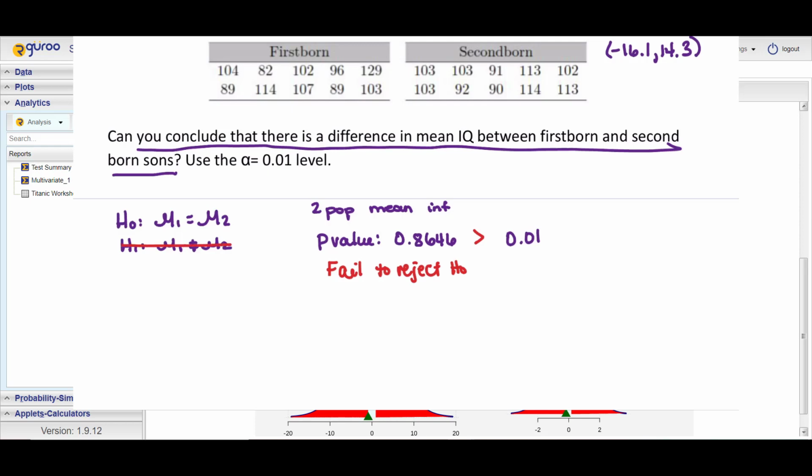So we're going to say there is not enough evidence to conclude, and then you need to make sure that you write out H1 in context. So there's not enough evidence to conclude that there is a difference